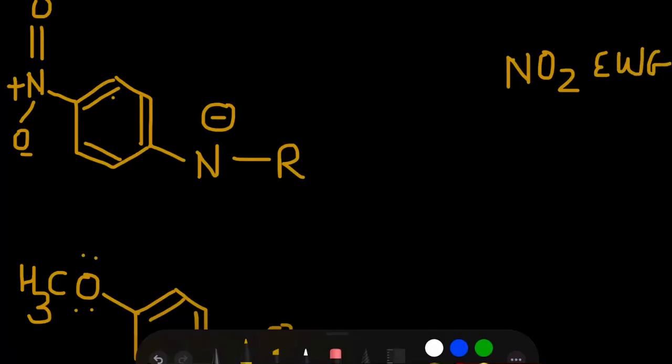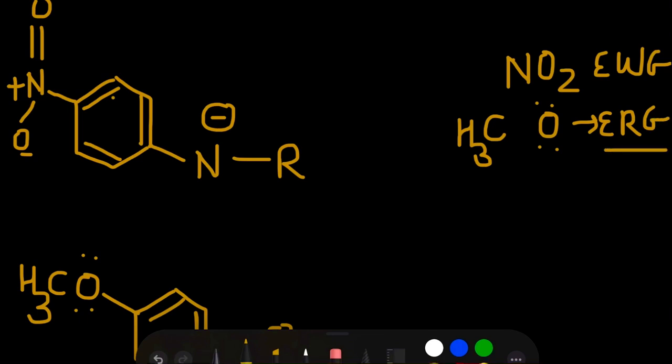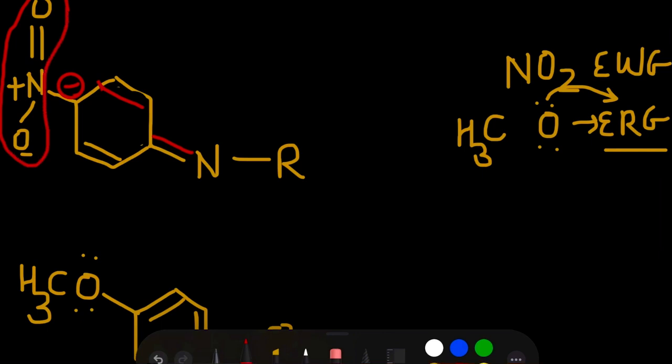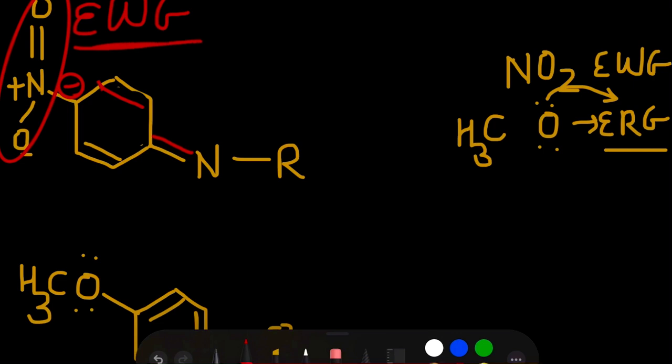NO2 group is an electron withdrawing group, and OCH3 group is the most electron releasing group, because the lone pair is in conjugation with benzene. The nitrogen negative charge can move here. The carbon bears the negative charge, and this negative charge is directly stabilized by